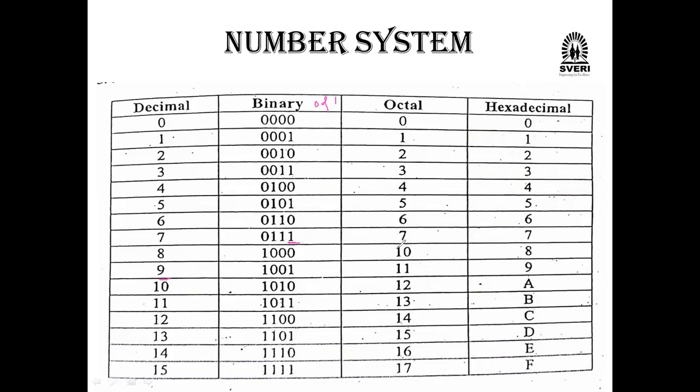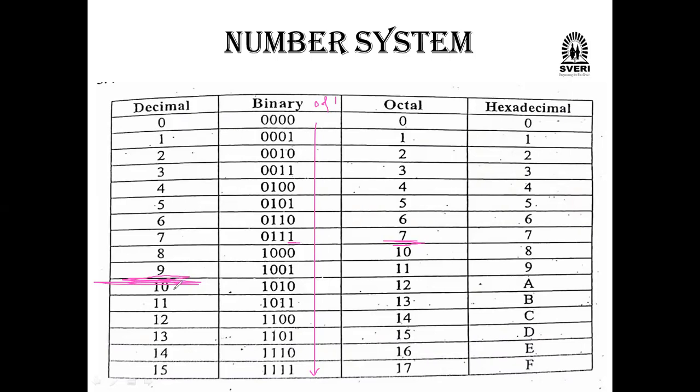Suppose for the 7 numbers, the octal number is there here now. These are the binary numbers we are writing here, up to 15, for the hexadecimal numbers we have considered here now. These are the binary numbers here now. So octal number means binary, and decimal number means 0 to 9 it will come. Yes, 0 to 9 is a decimal number.